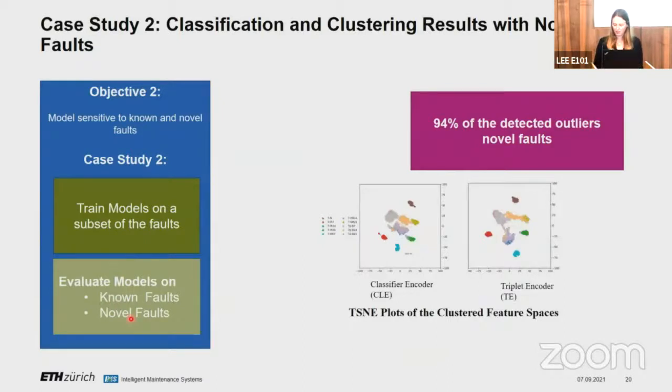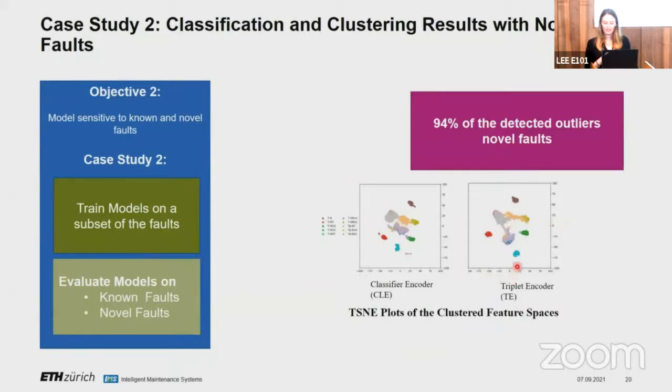What happens in the feature representation? I show you both feature spaces. The gray one, the purple one, and the beige or orange ones are the novel fault type under 3 severities. And what we can clearly see is that unfortunately in the feature space, the novel fault types are not separately clustered. So we cannot find a full cluster of all novel fault types, but that would also maybe be very ambitious. But what we could see is that in the triplet encoder feature space, still the original class clusters are